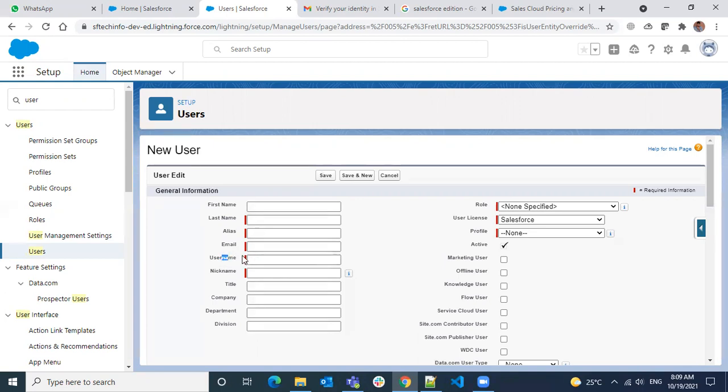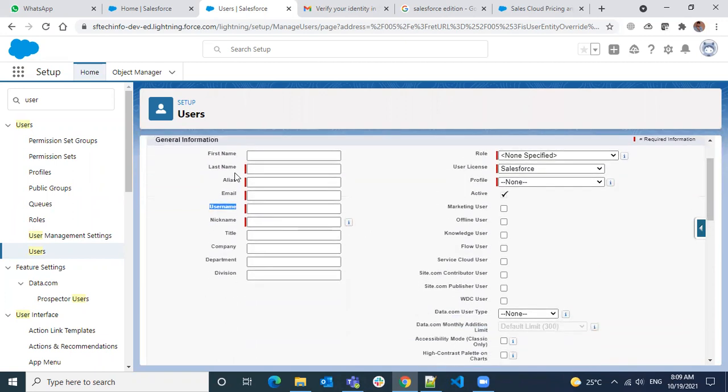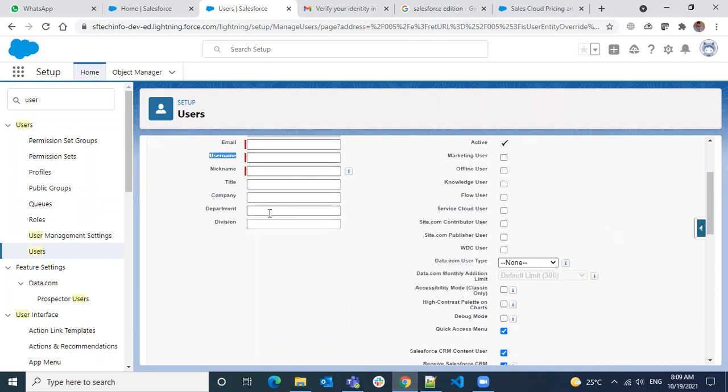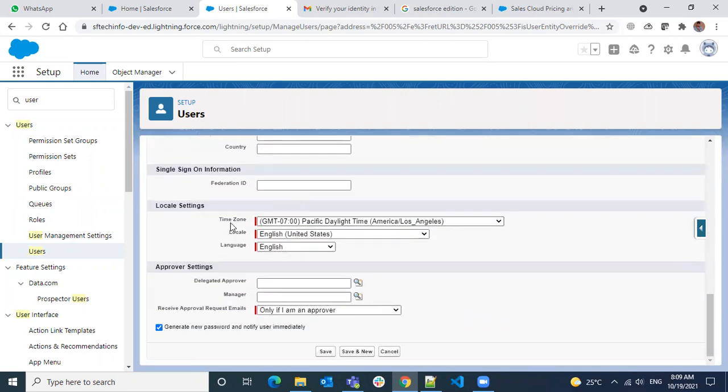The only thing is that the username has to be unique, or it has to be available. Like when you create a Gmail, it has to be available. Similarly, the username must be available when you try to save, and if it is not available, it will show that the username has already been used in some other org or the same org. It will give that message. So you have to give a unique username. These look like personal information or unique information, nothing else. Other than that, you will see something